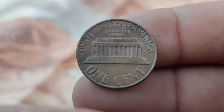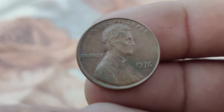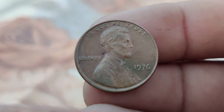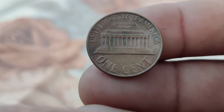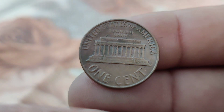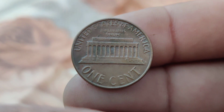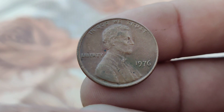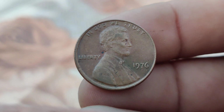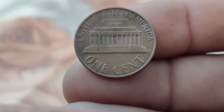time. The Lincoln 1 cent coin, featuring the profile of the 16th President of the United States, Abraham Lincoln, was first issued in 1909, designed by Victor D. Brenner. This coin quickly became one of the most iconic pieces of American currency. The 1976 Lincoln penny is no exception. That year marked the United States bicentennial, a time of great patriotic celebration. While the special bicentennial quarters, halves, and dollars were released with unique designs, the Lincoln penny retained its traditional look. However, even in this ordinary appearance lies a piece of history, and as collectors know, history often comes with hidden